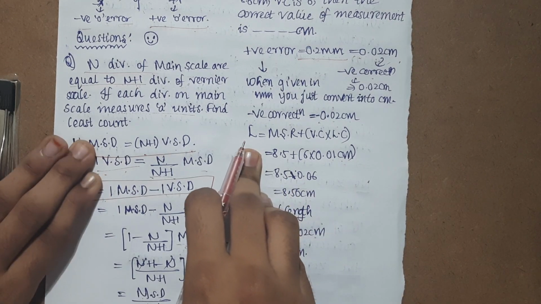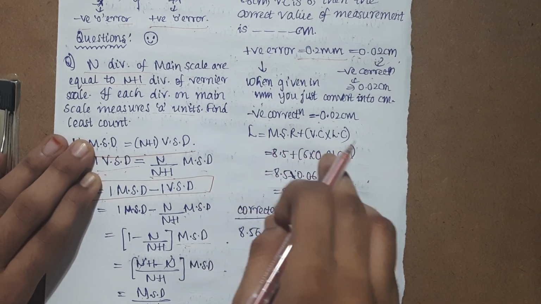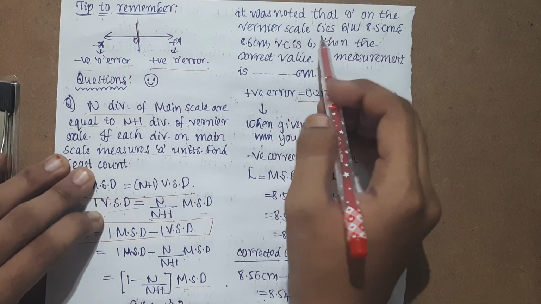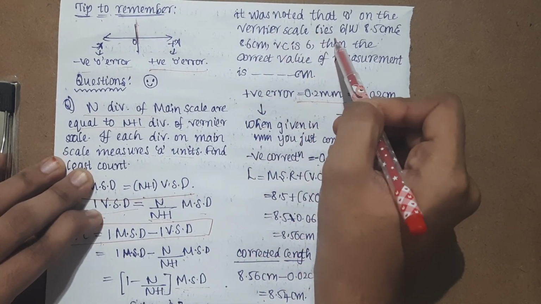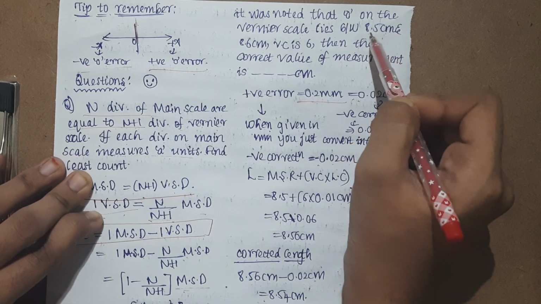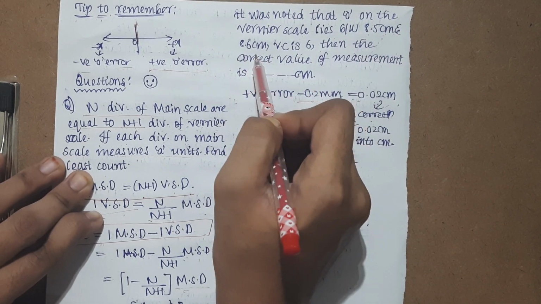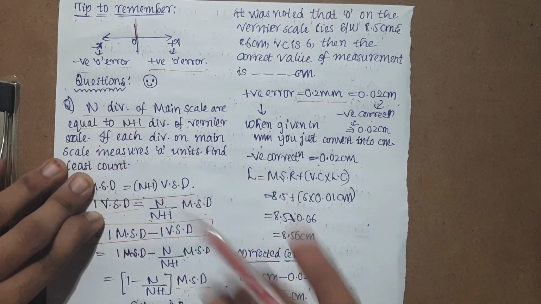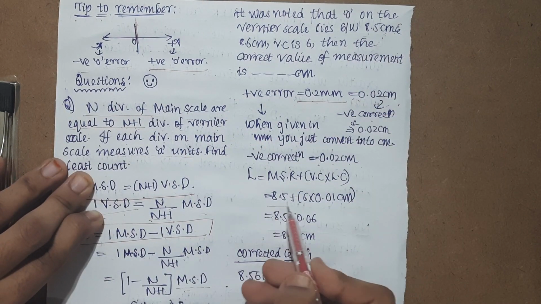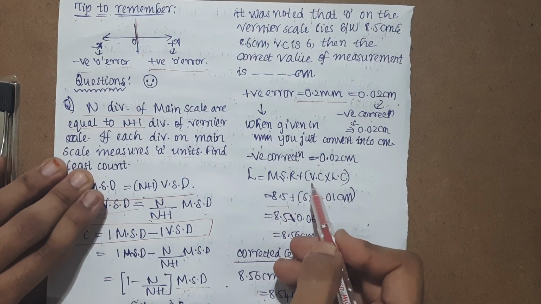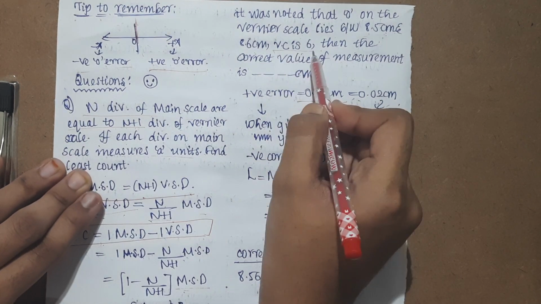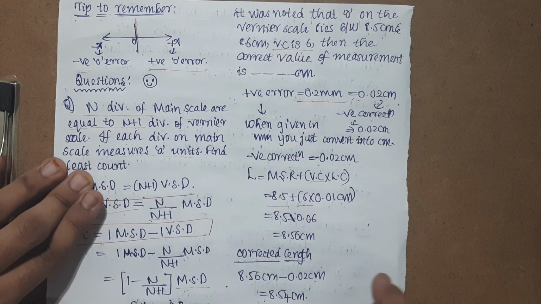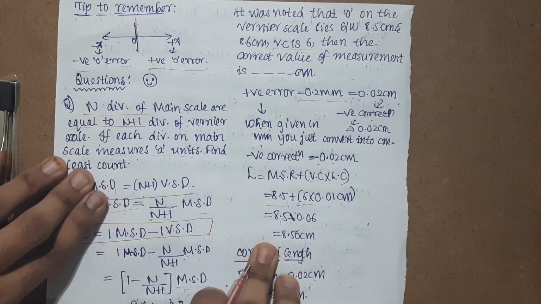We know that L is equal to MSR plus VC into least count. As they have mentioned, the Vernier scale zero lies between 8.5 centimeter and 8.6 centimeter. For main scale reading, we should always check the preceding value. So 8.5 will be your MSR, and your Vernier coincidence they have already mentioned as 6, and your least count is 0.01 centimeter. Now the answer is